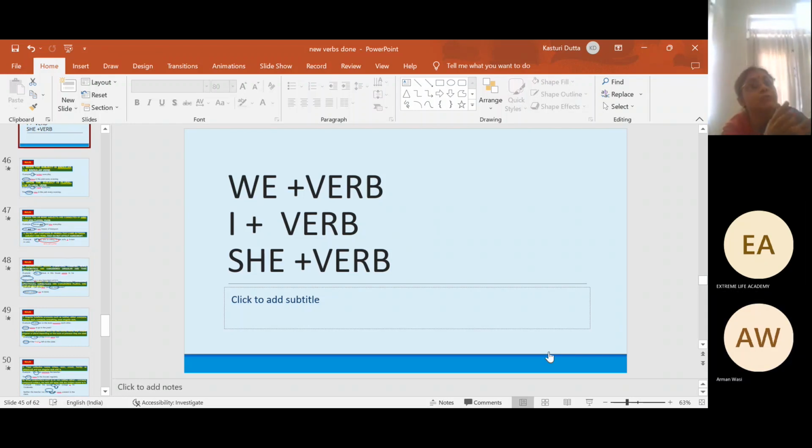What is the difference between will and shall? You know what is the difference between will and shall? You ask any of your office colleagues, I'm damn sure they will not be able to answer. You ask today, until tomorrow you tell me. I will not give you the answer right now. You just ask them. If everything is easy, they will say, okay Arman, please wait. They will search the net and they will give you the answer. That is not the way. You tell them that you give me the answer right now. Don't look at the internet.